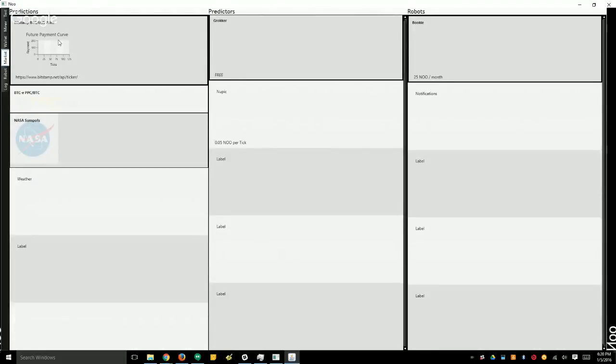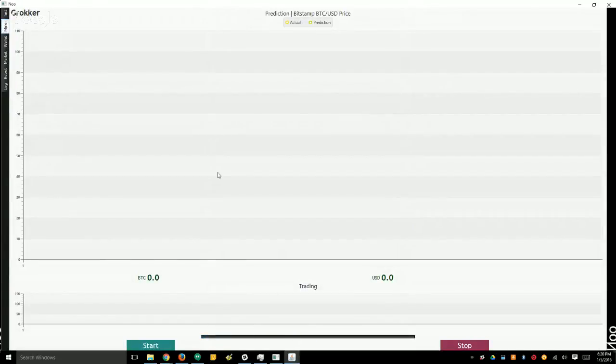Got it. So in other words, if it's the Bitstamp BTC USD, my miner would sit there and help predict that, and my machine would then be part of the network helping predict it. And without any money investment at all, I'm starting to make some money. Other than the only investment being the power it takes to run your machine.